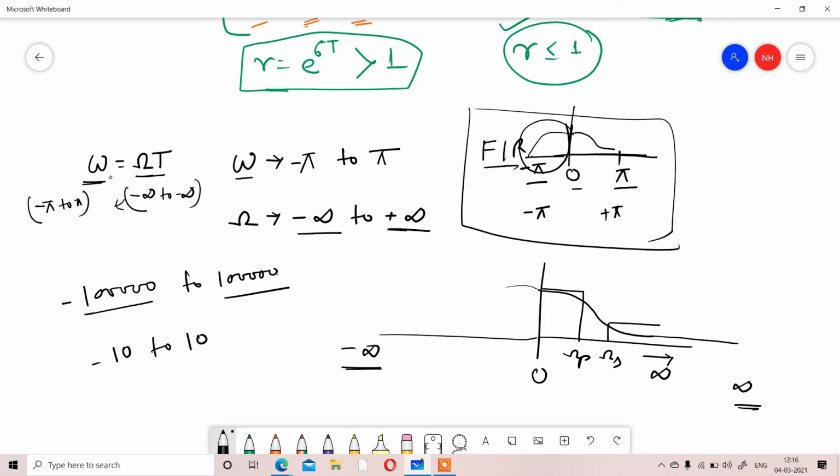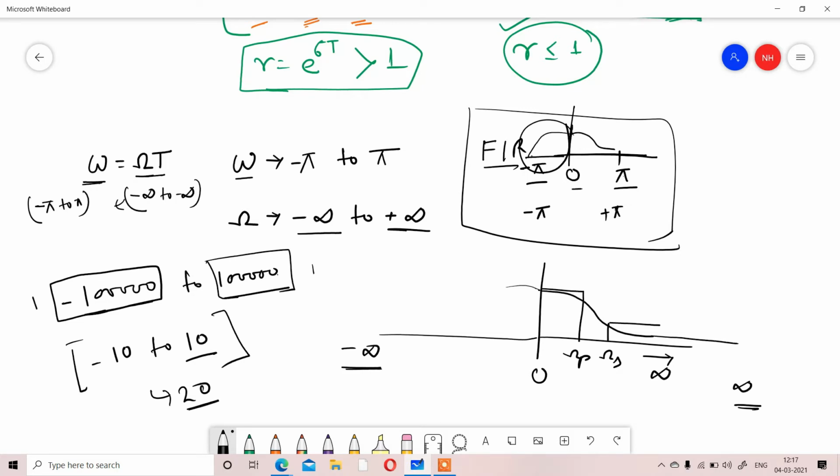minus 10 to 10. So you have 1 lakh samples on the negative side, 1 lakh samples on the positive side. So in total, from negative to positive, you will have 2 lakh samples. Now those samples will be presented within 20 values. From minus 10 to 10, it will be exactly 21 if we consider, but for example, suppose 20. So for 20 values, we have to represent those 2 lakh values within those 20 values.